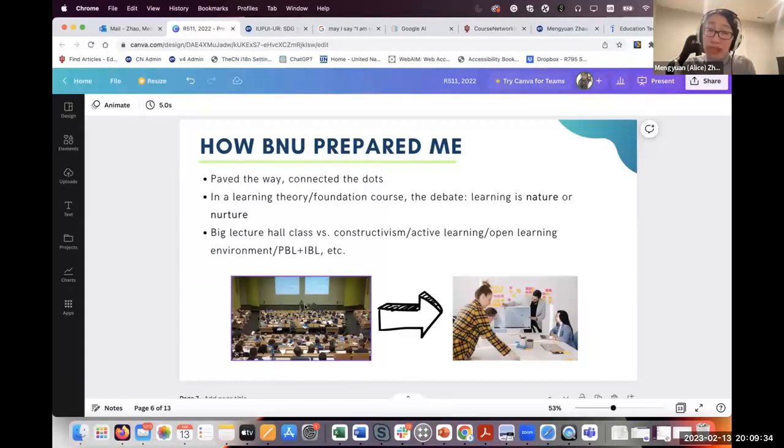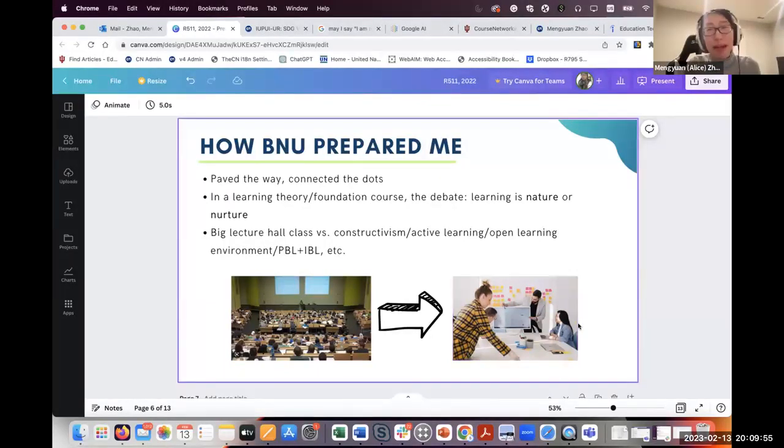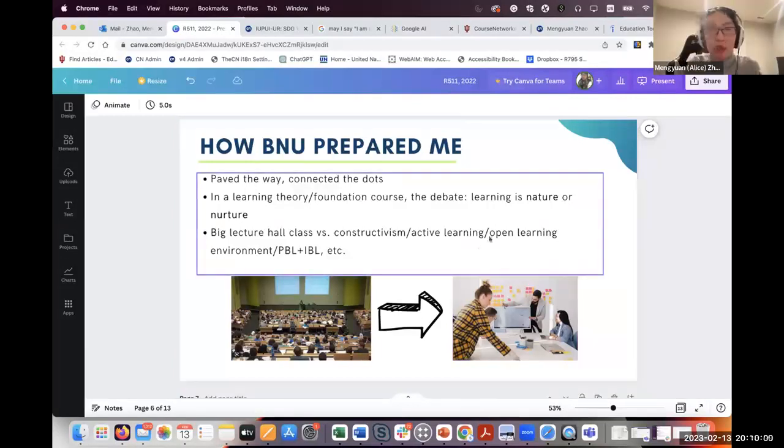So I'm a big advocate of constructivism, social learning and active learning and all of these. So I would say the BNU experience let me know how important the new ways of teaching and learning are. And I think this is also another reason I have been staying at my current job for a long time. I see what I believe in is aligned with what I'm producing, what my team is developing: the platform we try to develop to support teachers to do all kinds of new types of teaching and education.